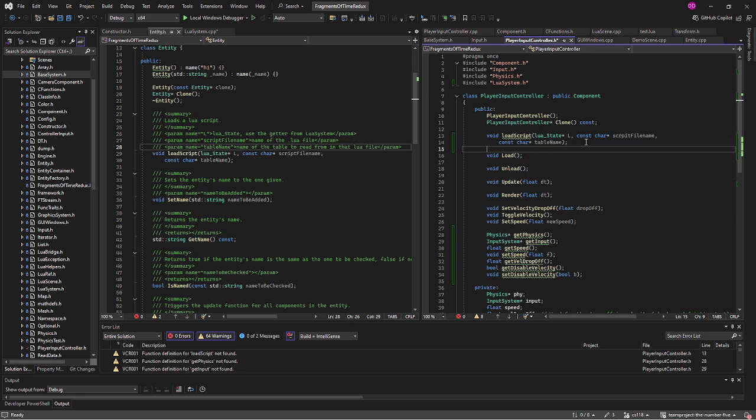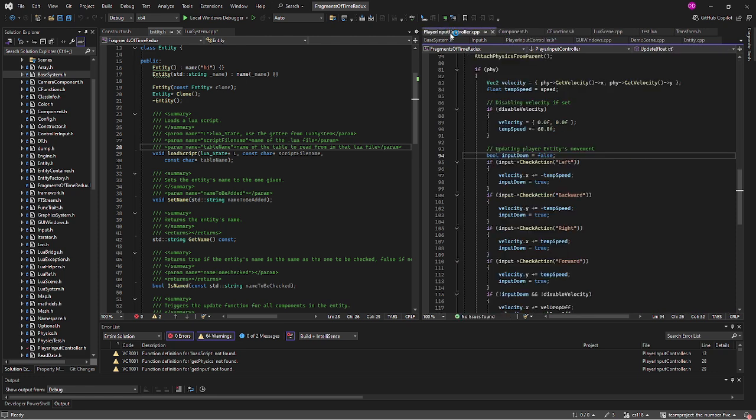Okay, so we have that. It needs a Lua state, which is just the state of the Lua system, essentially. The file name, where the script will be, and a table name, which I will explain here in a little bit. Let's go ahead and